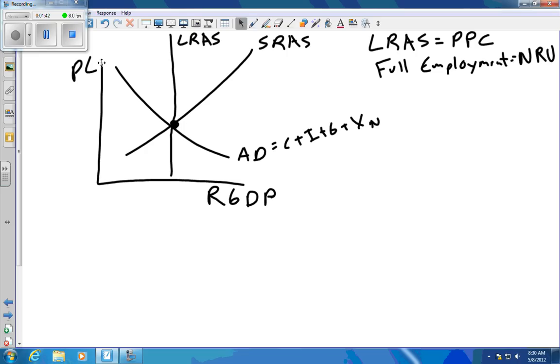If you get asked to show an economy in a recession, you can assume that this economy has unemployment that's unacceptable. If they give you a statistic, I would say 7, 8, 9, but they tend not to do that. They just say the economy is experiencing unemployment. If they ask you to show an economy in a recession or experiencing significant unemployment, you would draw the long-run aggregate supply curve